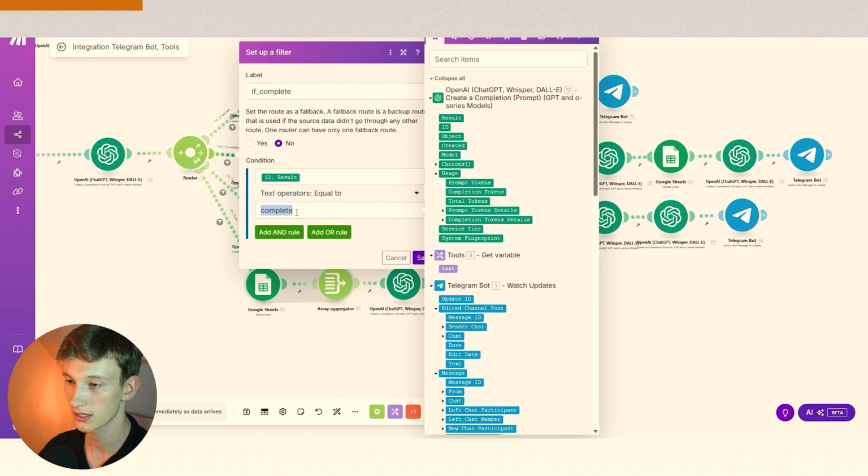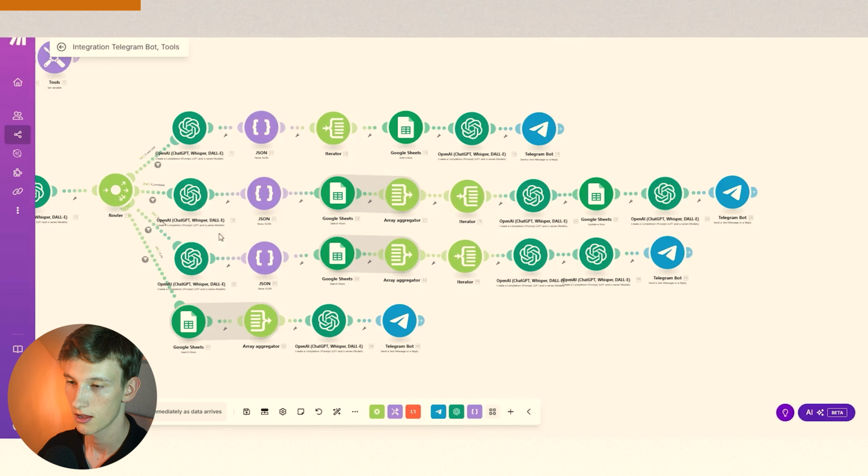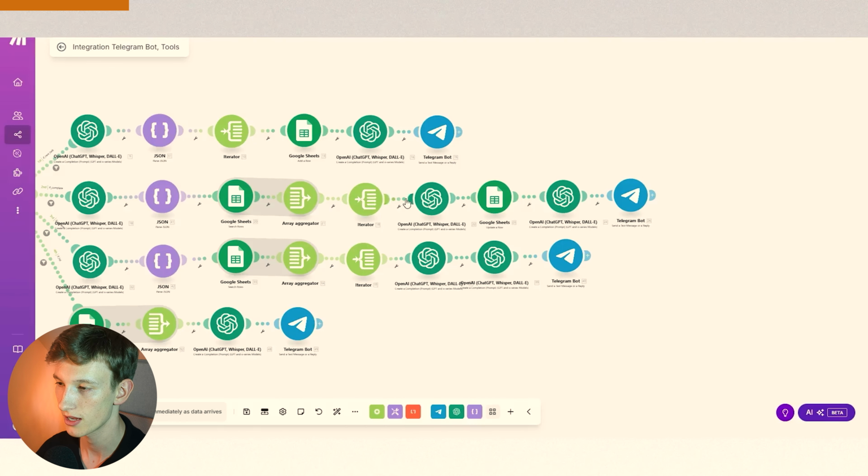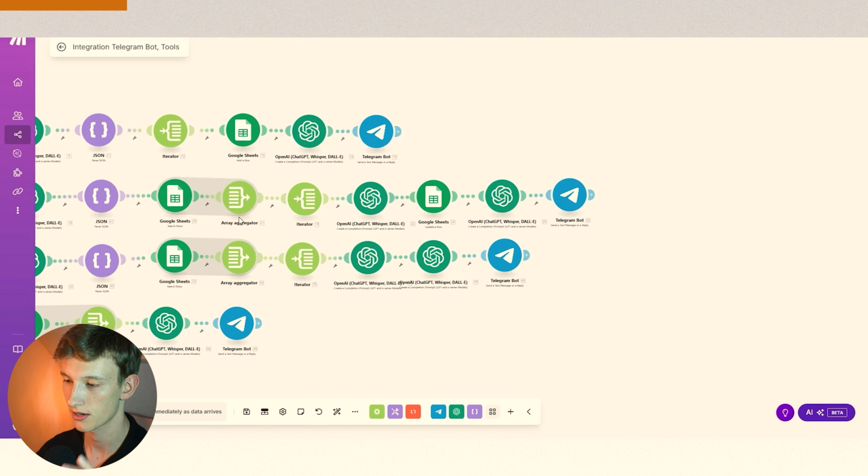So this one is complete a task. What happens here is that basically the AI, first of all, has to break down all the tasks that you want to complete into individual packages again. Those are matched to what is in the Google Sheet. It's iterated over that to identify basically,